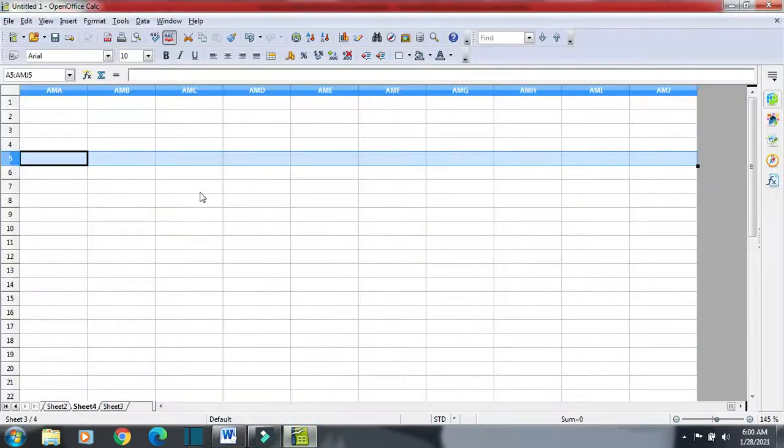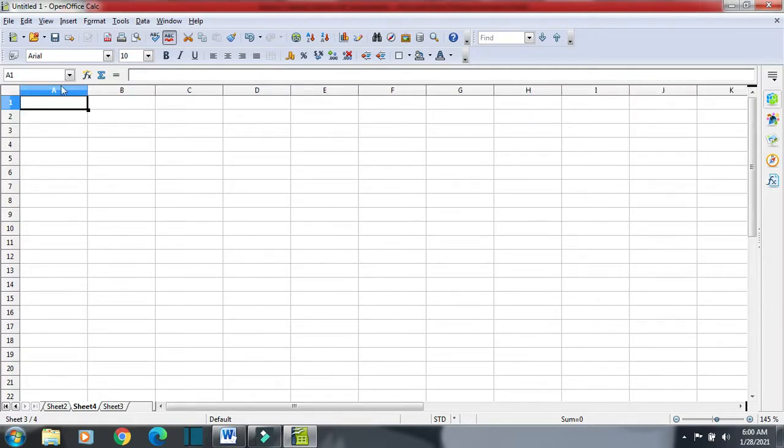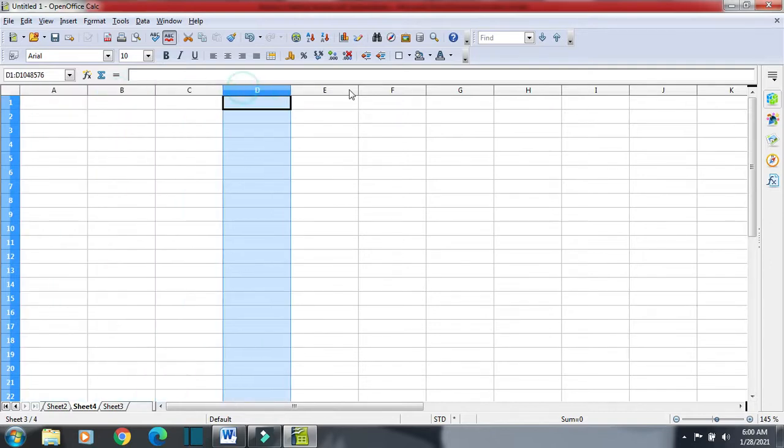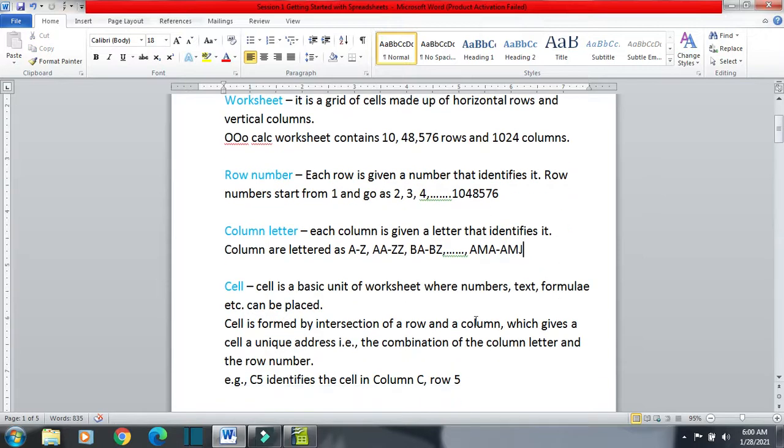You can see each column is given a letter, for example A, B, C, D, E, F, G. They are lettered A to Z. Then after A to Z is complete, we have AA, AB, AC, AD, like this up to ZZ, and it goes on, and the last one is AMJ. So the name of the last column is AMJ.